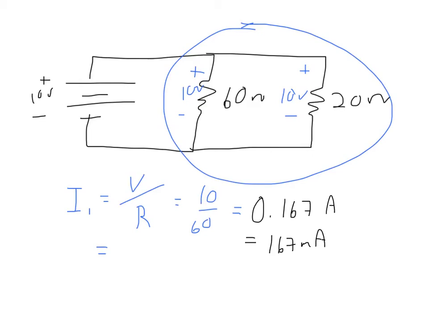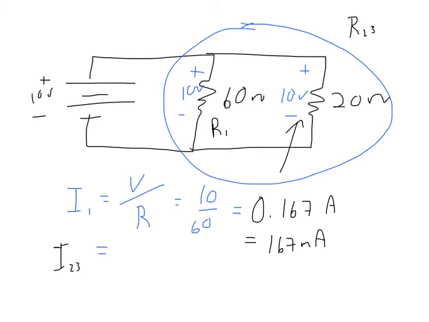Similarly, you could find the current through the 20 ohm resistor. I'll rename this resistance here, since it's really the series combination of a 15 ohm resistor and a 5 ohm resistor. I'll call that one R23, and I'll call this one R1. But I could say that